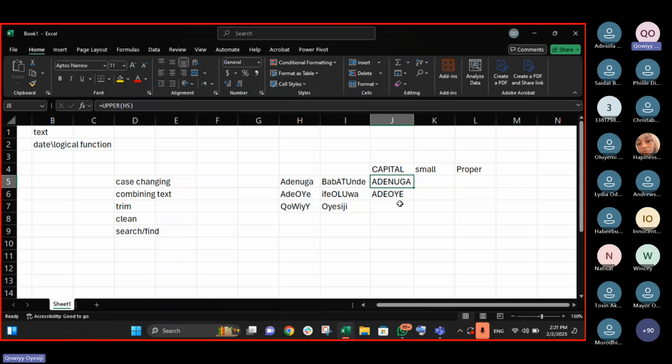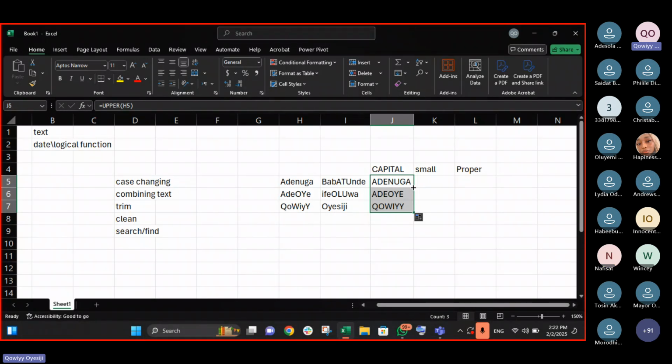Let me just explain. I said the autofill. Look at this particular cell. The down part of the rightmost part, the small plus sign that is there. Yes, that's the one I'm talking about. We just double click on it, then it's going to perform. Look at it, pam pam.